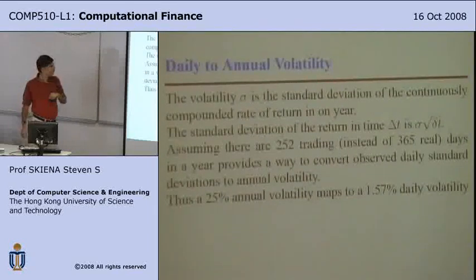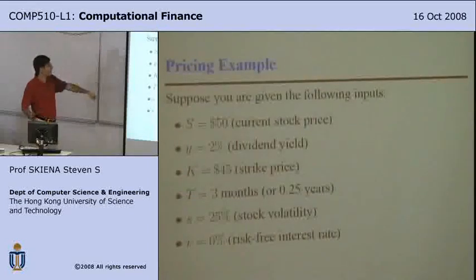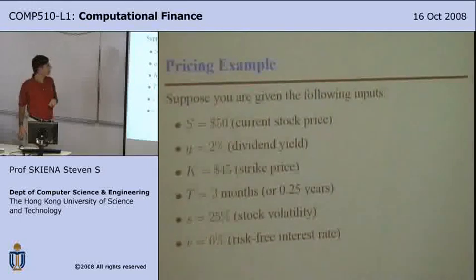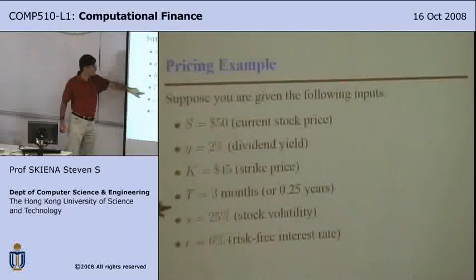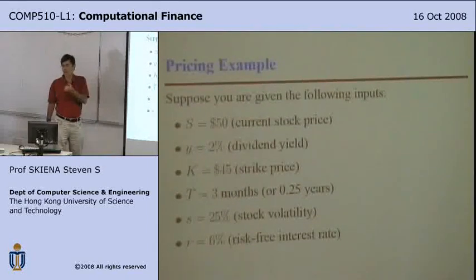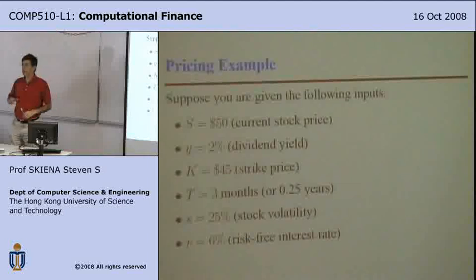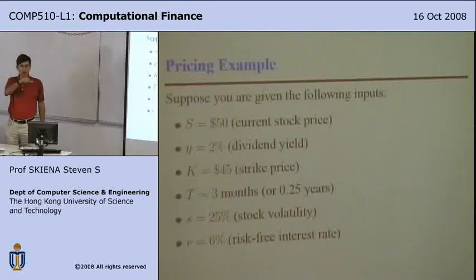So what is interesting now? We now have, I claim, a way to get all of those parameters. These you can all look up when you figure out what the option is. Not in the newspaper, but in the specs of the option that you're buying. And the volatility, in principle, we just showed how you can calculate, in some sense, by observing volatility in recent times. We'll have more to say on that in a couple of classes. Any questions?